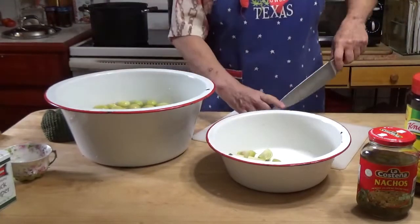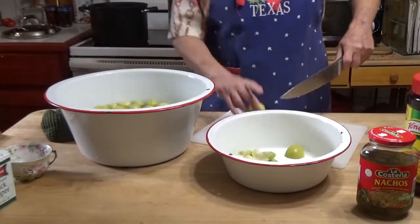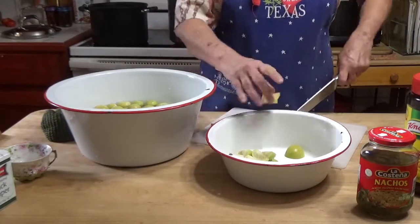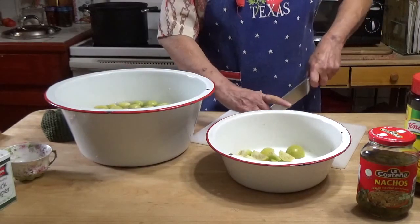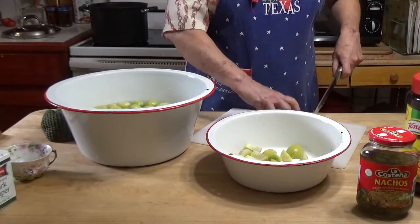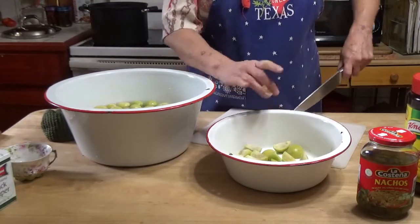These pans that I'm using, these enamel pans, belonged to my great-grandmother. They belonged to big grandmother, my mother's mother. And I have several pieces of red and white ware that were hers, that she used for all kinds of different things. And I thought I better start using these. They've been sitting on the bottom shelf of the baker's rack here for a long time, and I remembered to start pulling them out and using them,